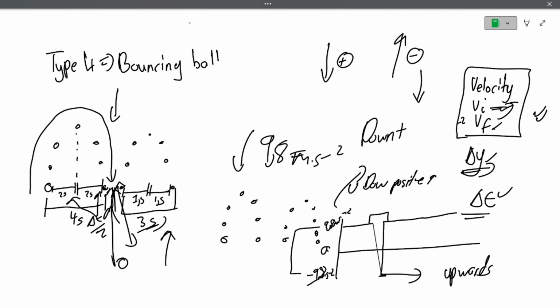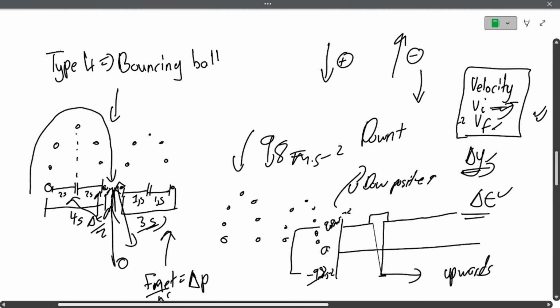Because there will be F net equals change in momentum over change in time. So we'll see that this F net, which is the change in momentum here, will be upwards. Because the F net will also be upwards when the ball is in contact with the floor, that's when we see that the acceleration for the contact time will also be upwards, because F net is always in the direction of the acceleration,